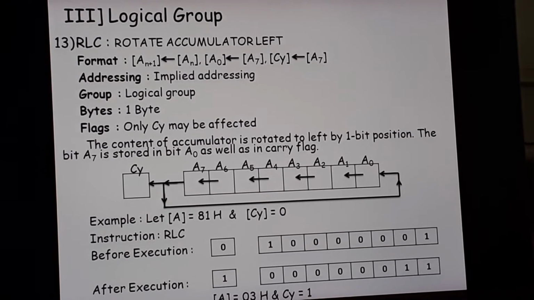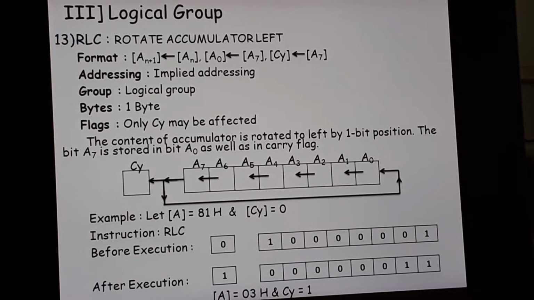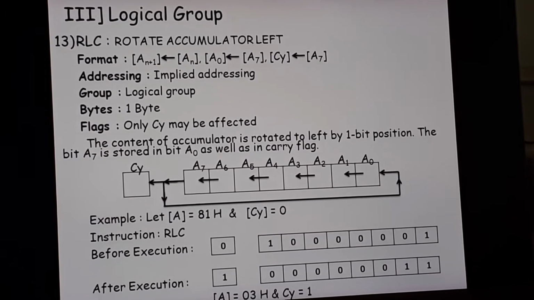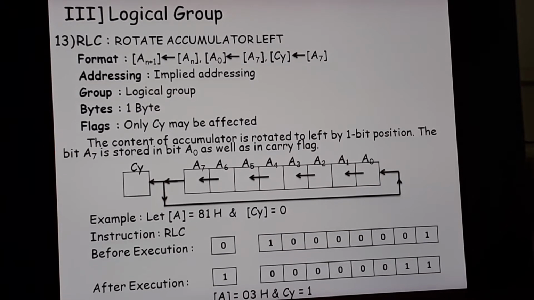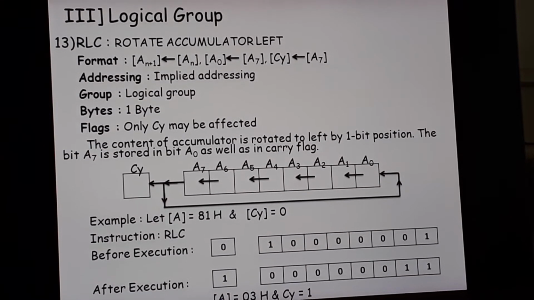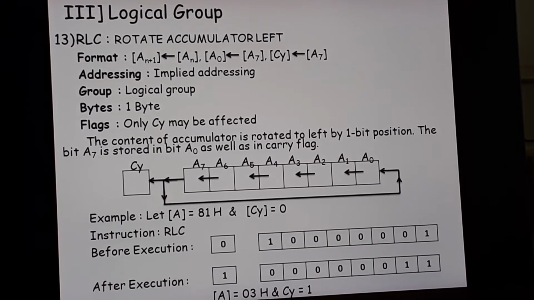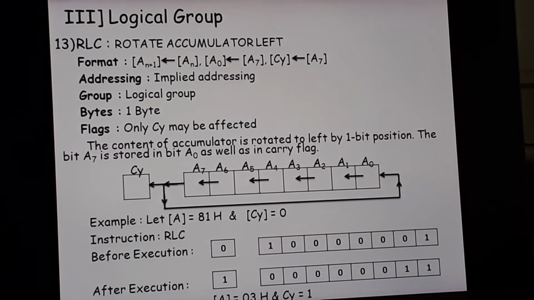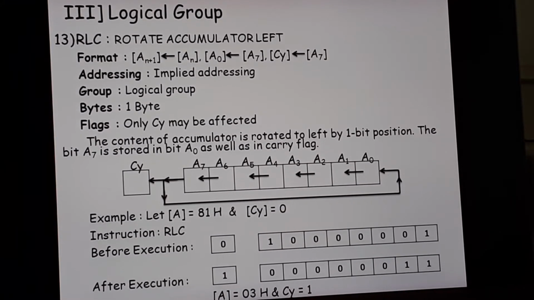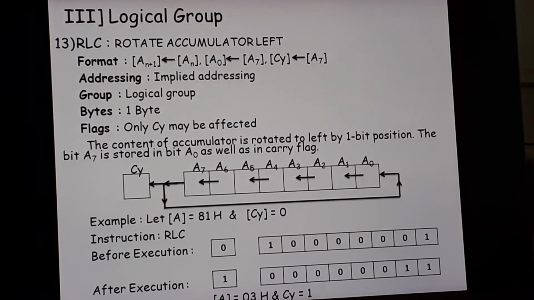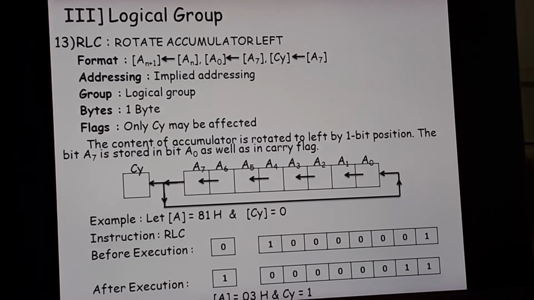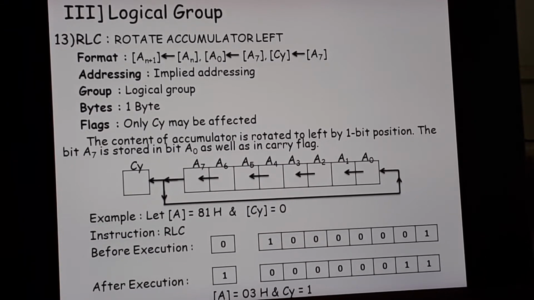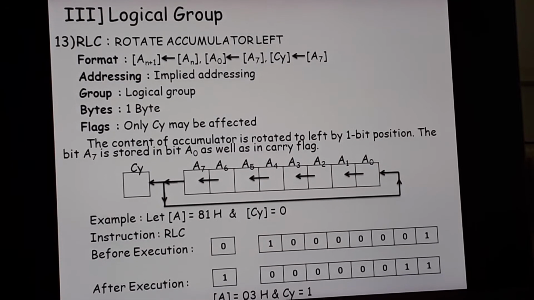Now can you see the diagram which I have shown after the explanation? I have drawn boxes which are nothing but the accumulator content, a total of 8 bits, starting from A0 to A7, and for the carry I have shown a separate box. Okay, so RLC, what we have to do is rotate the accumulator content to the